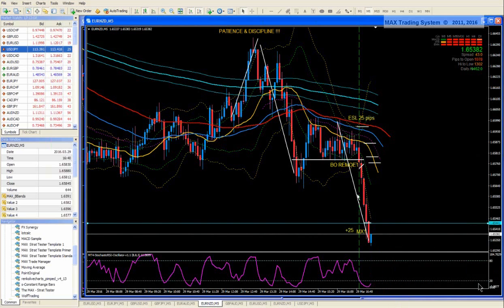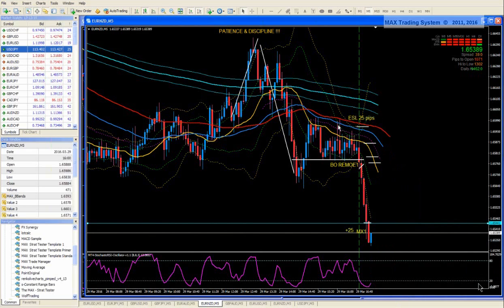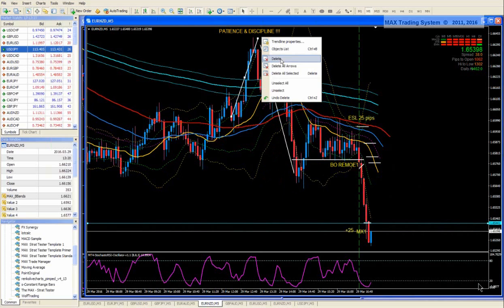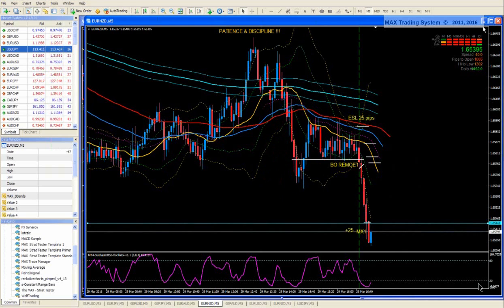Let me clean that chart somewhat. And we can see that, in fact, a trend can be sustainable on the medium term, but not necessarily sustainable on the short term. A very steep angle is never sustainable on a short term.